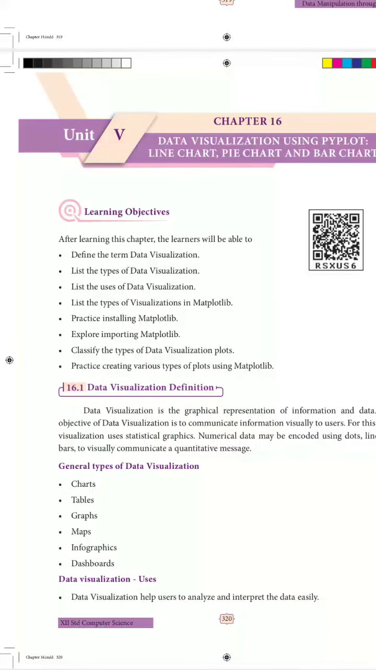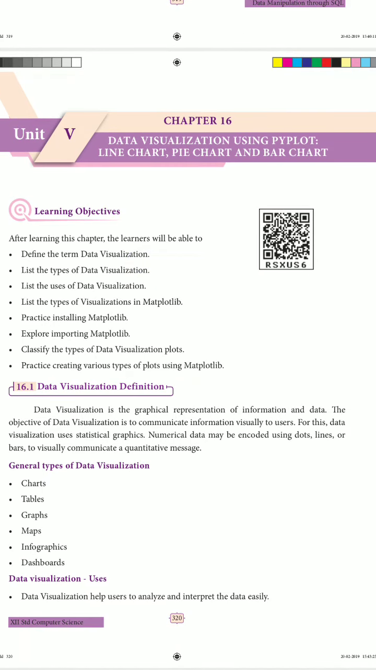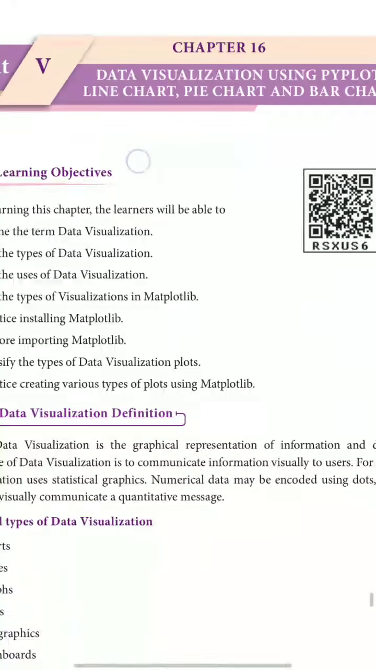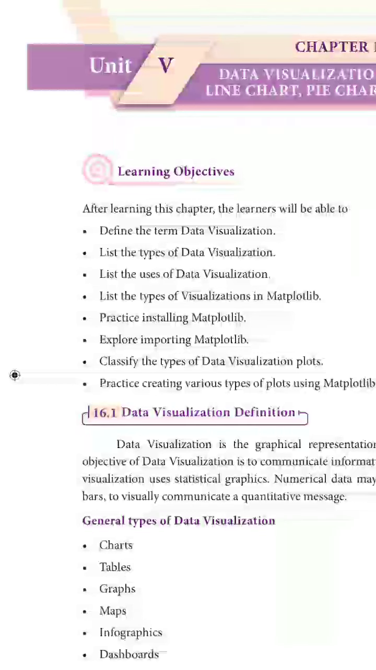Hello students, today we are going to see this new chapter which is known as data visualization using PyPlot: line chart, pie chart and bar chart. In this chapter we are going to see what is data visualization, list the types of data visualization, list the uses of data visualization, list the types of